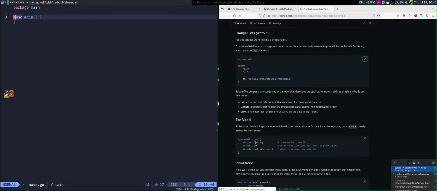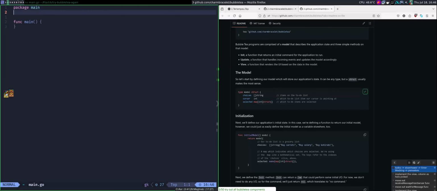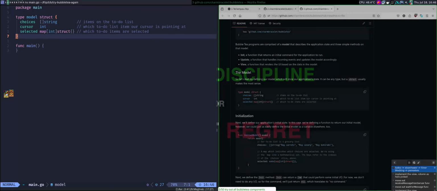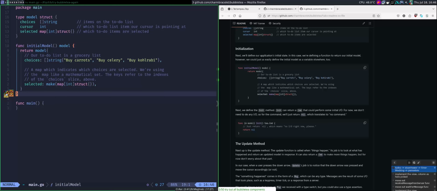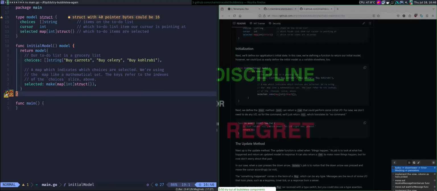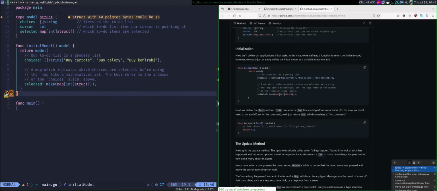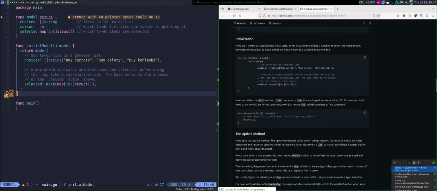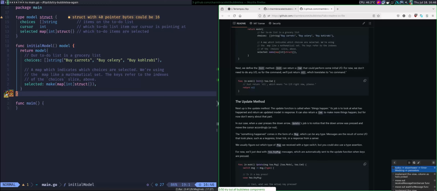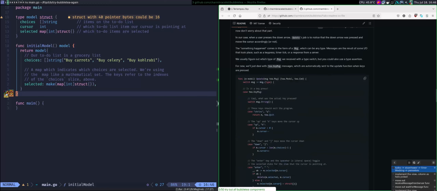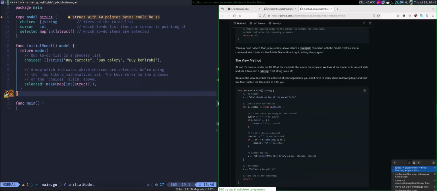Okay, let's copy it. Just to try, copying the model. Then you initialize, basically you just create the model. You just create an object from the model. Then you need the init, update, and view interface.